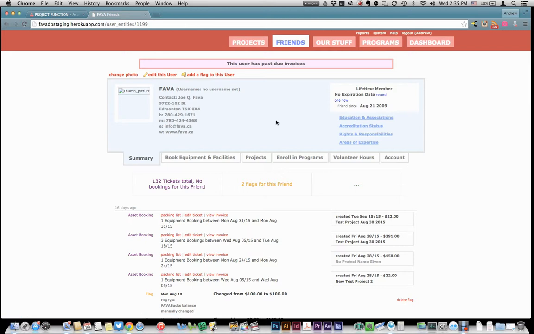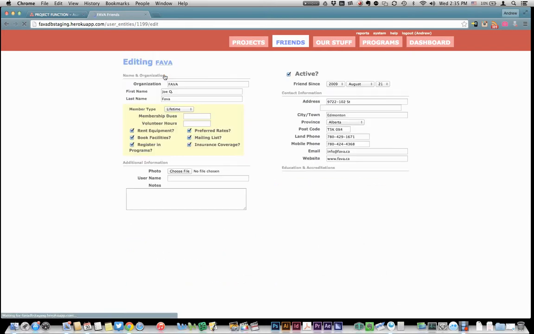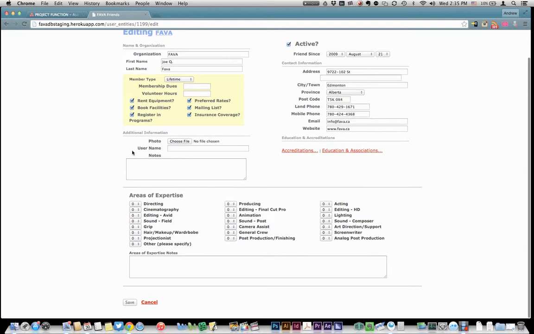Now, this is an area where, when you're creating a new user, like for example, this is the page we get when we create a new user, we can put a little piece of information in, areas of expertise, and you can go on a 1 to 5 scale on each area. Now, this isn't something we use very much, but we feel there's a lot of room to improve upon this,